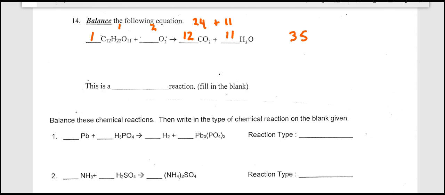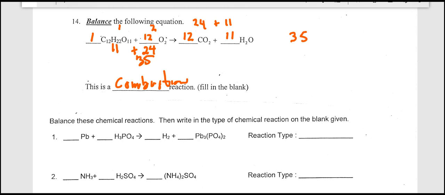If I put a 1 here, that means I have 11 oxygens on this side. If I put a 12 here, that gives me 24 oxygens for a total of 35. So that actually balances it: 1, 1, 1, 12, 12, 11. And of course this is a combustion reaction,